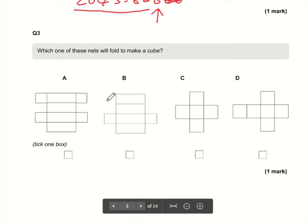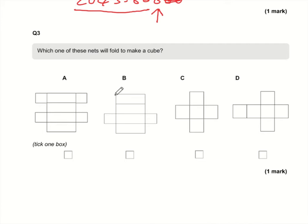Which one of these nets will fold to make a cube? Well, for me, the most obvious net of a cube is 4 squares with 1 square on the left hand side and 1 square on the right hand side. Now, it doesn't matter where on the left that square is or where on the right that square is, so as long as we've got 4 in a row with 1 either side, that is the net of a cube,